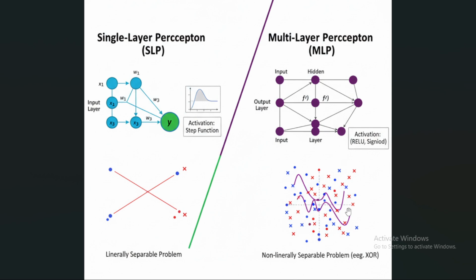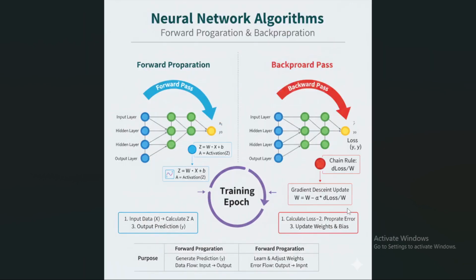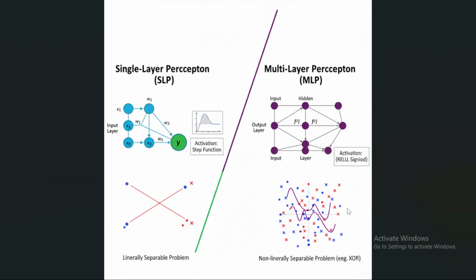And MLPs are the fundamental building blocks of the deep learning models we use today. So this is all about the perceptron, and next we will discuss the next slide, single layer